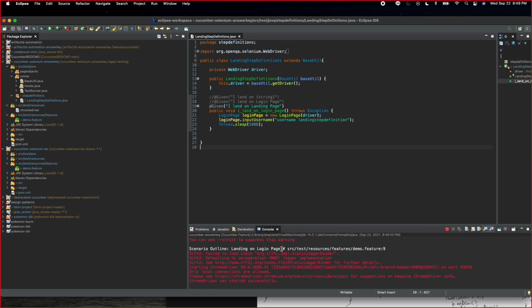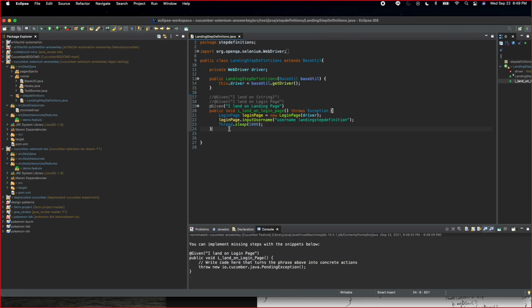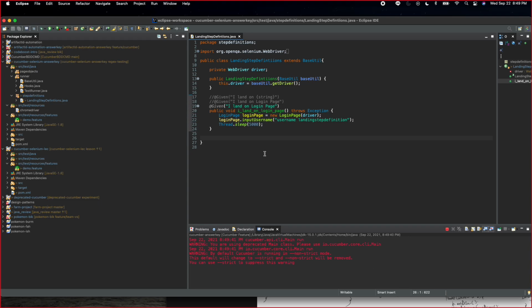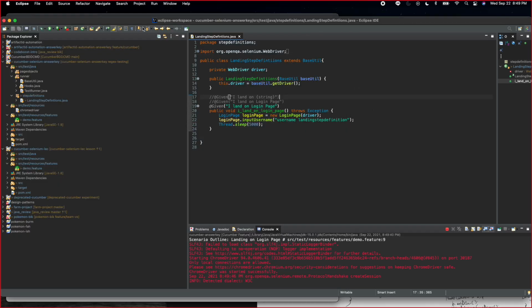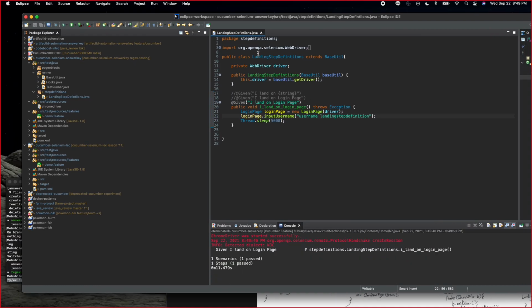All right, we'll just use this. I land on login page. All right, so I just had to type username landing page step definition just to separate it from another step definitions file. So going back,